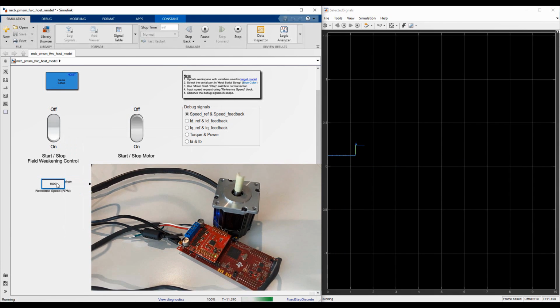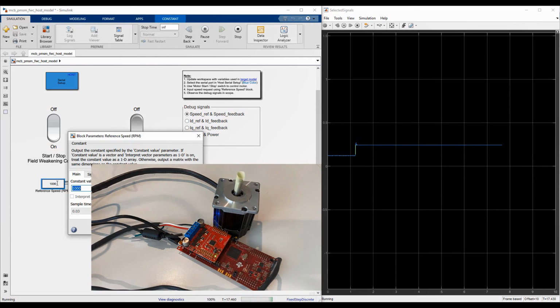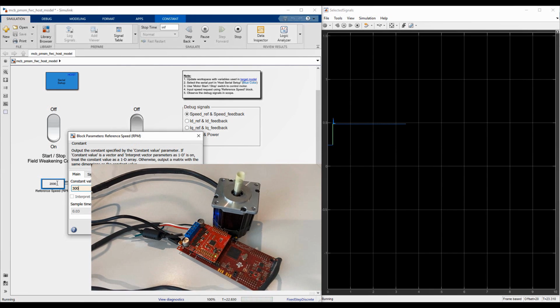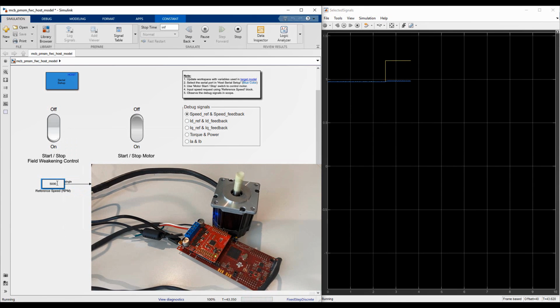Where is the base speed? Notice that I'm showing you the system here. So if the speed reaches 1 per unit, which is close to the base speed, we can see the speed tracks nicely with the commanded speed. However, as we try to command 5,000 RPM, which is beyond the base speed of 4,000 RPM, you will see the speed response in blue couldn't follow the yellow because we have not enabled field weakening control yet. And now we are checking the Id signal to verify that command and feedback are still 0 in this case.